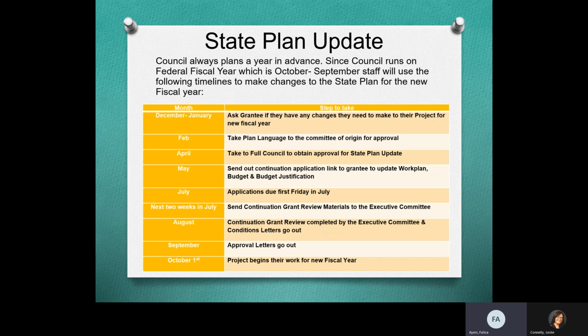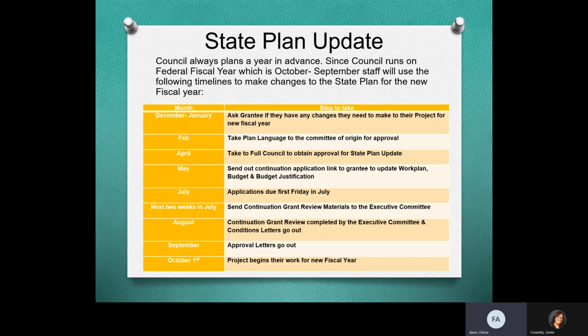Once we get it cleared up that the changes you want made are fine with the committee, then in April, every committee will take their changes to the full council for final approval of the state plan. It will be in the month of May that you will get a link,